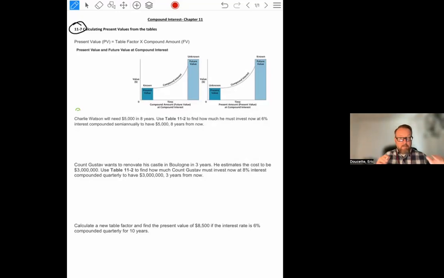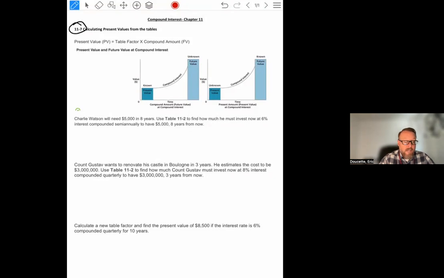And just to give you kind of a big picture of how present value and future value work, what we've been looking at so far is compounding a certain amount of money that we've invested. And over a certain amount of time, we have what we call a compounded amount. Well, that compounded amount is the future value. So if I deposited or invested $5,000 today, and I put it in for a certain amount of time with a certain interest rate, and when that time period ends, whatever the value of that $5,000 is then is its future value. So if I invest it today, that's the present value. And what I find in a few years after the interest has been accumulated is the future value, or the